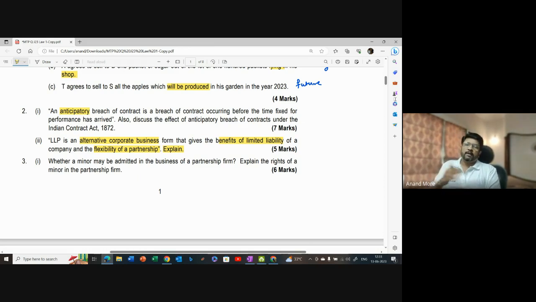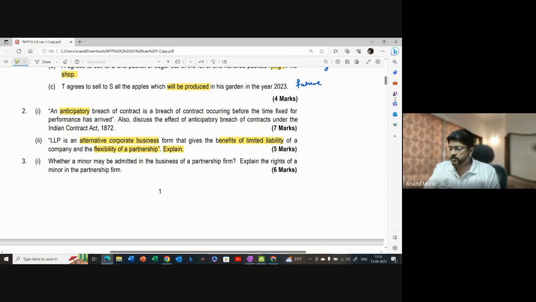On the other hand, partnership is by way of an agreement, mutual agreement. In that case, it is possible for people to come together without taking a lot of different permissions from the registering authority. They can form on their own according to the rules and regulations which they want to create on their own. That's the flexibility of partnership. So yes, in LLP, both the different things are covered.